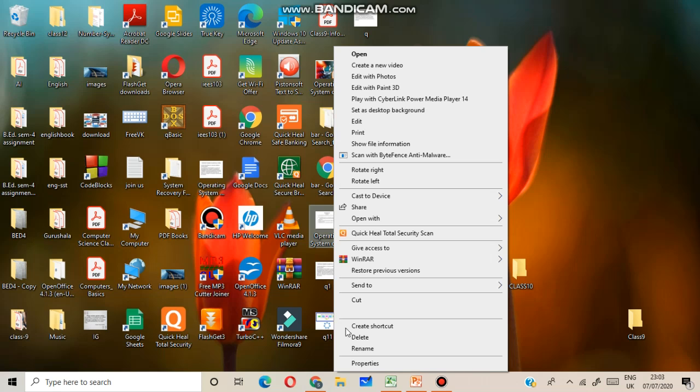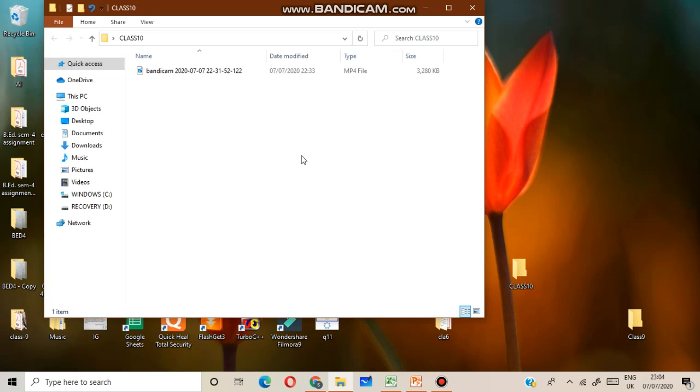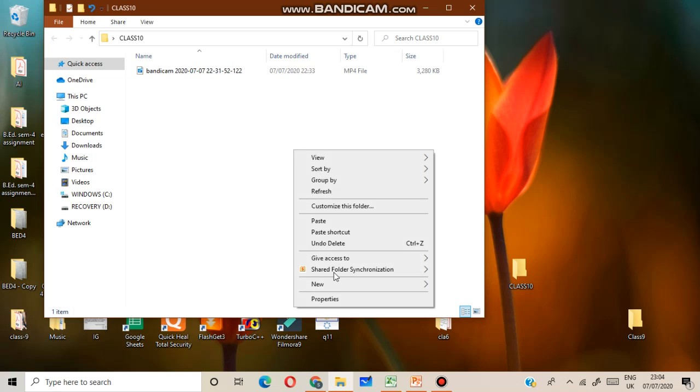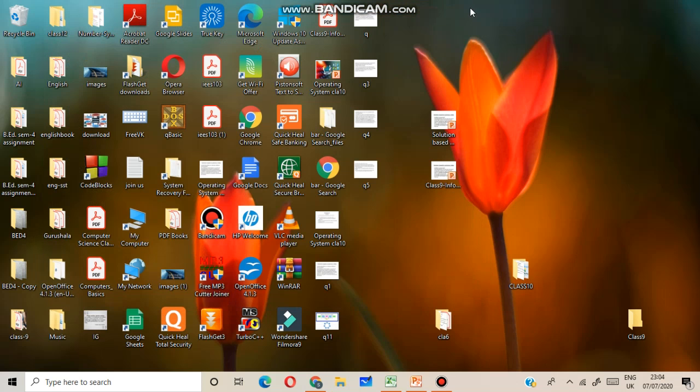First you will copy this file, then suppose you want to copy that particular file into this folder, then paste it.